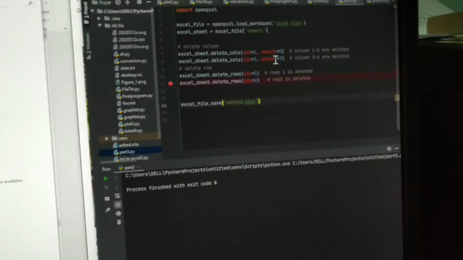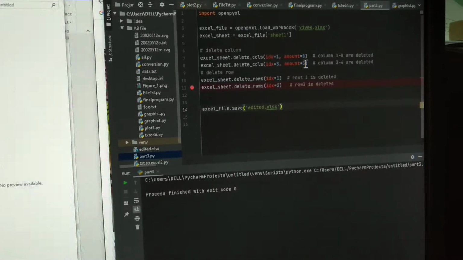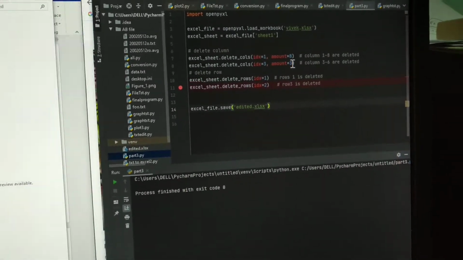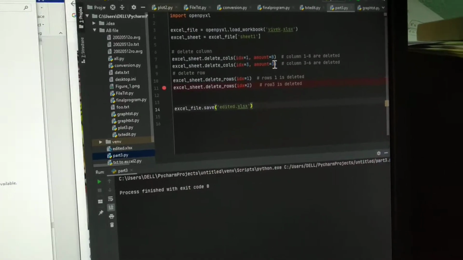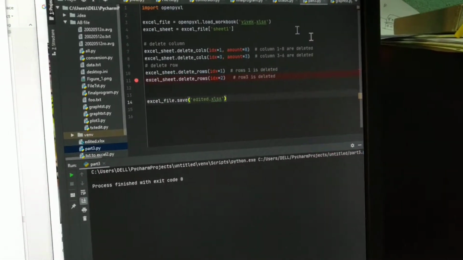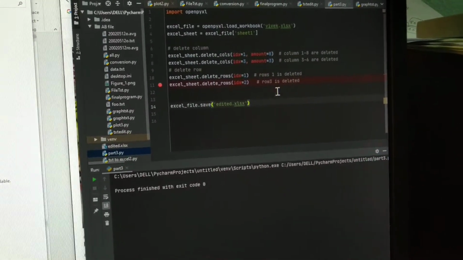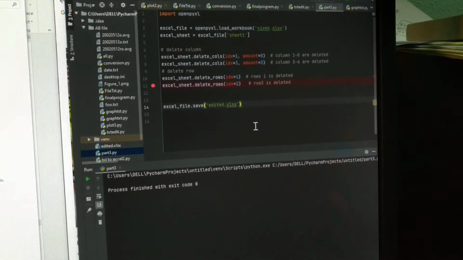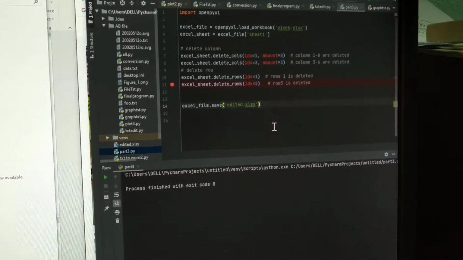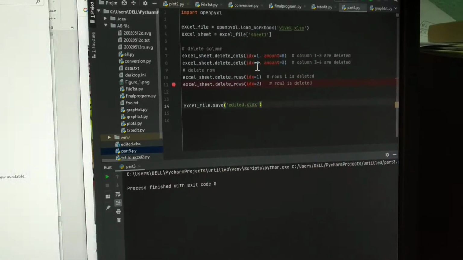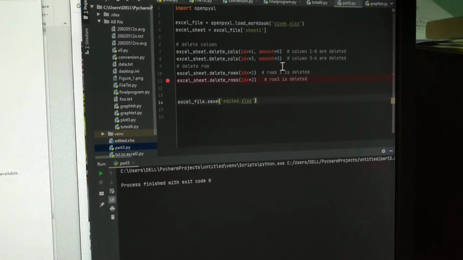So if you add here 11 and amount 3, this will give an error, because Excel will execute the first command. After the first command only 5 columns are there, so I have to use idx 3 and amount 3.